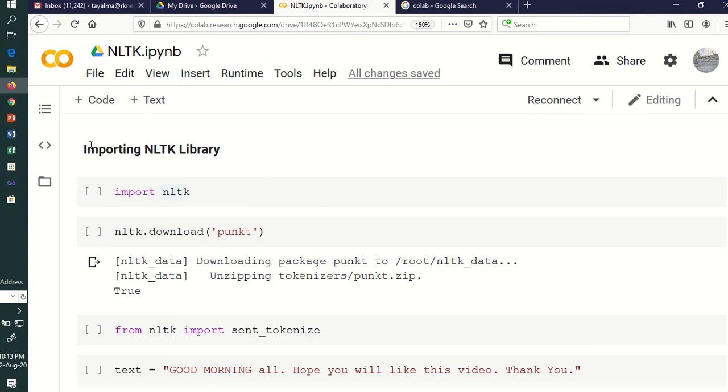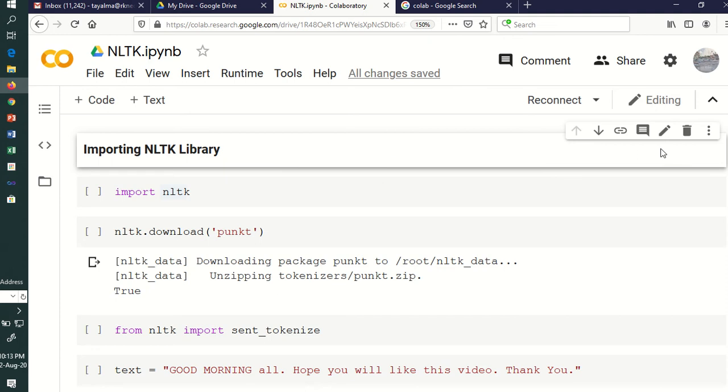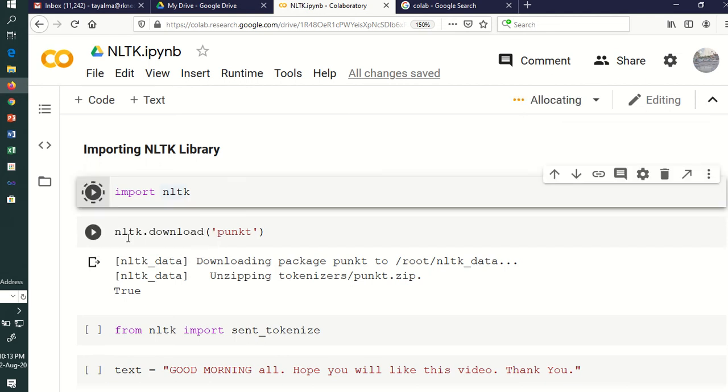I have written a text cell saying importing NLTK library. This can be treated as text or comments also, so that you can understand it. Now you type the first code for importing your NLTK library in this notebook. You write the command import nltk and run your cell.